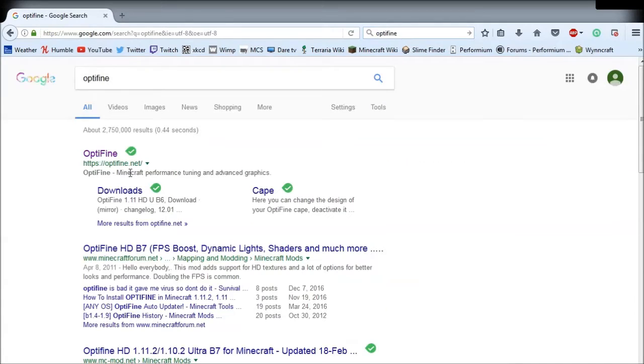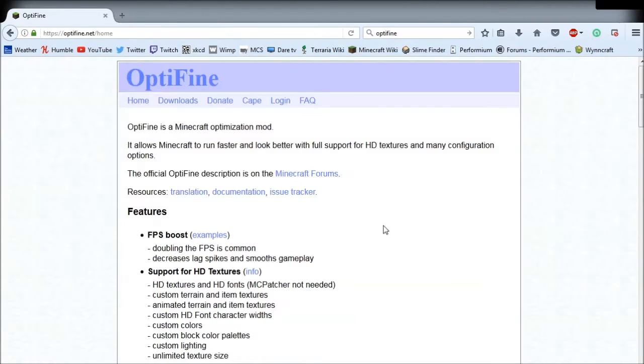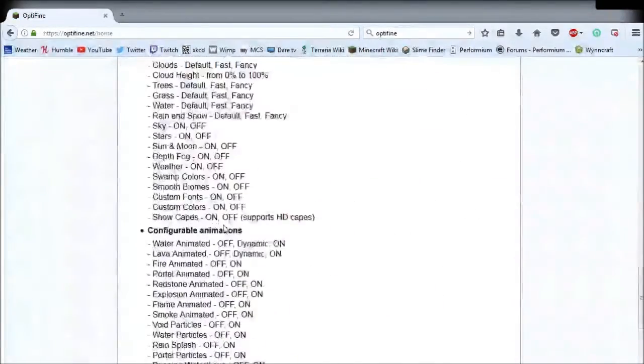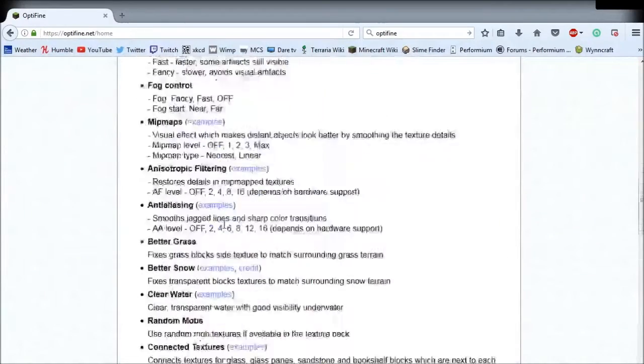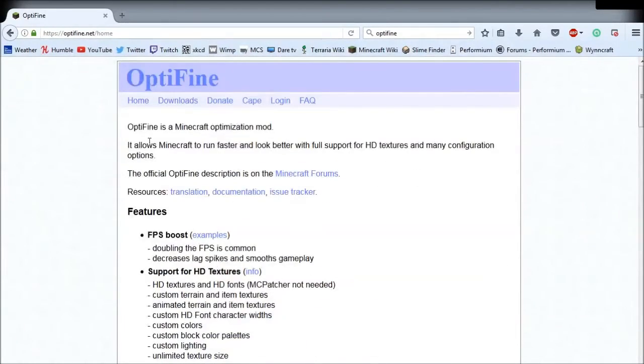Next, you'll need to go to Optifine.net and make sure that that is the correct page, and it will look very similar to this. If not exactly like this, make sure you are at optifine.net/home, and there's a bunch of information about what Optifine is and how to fiddle with the settings a little